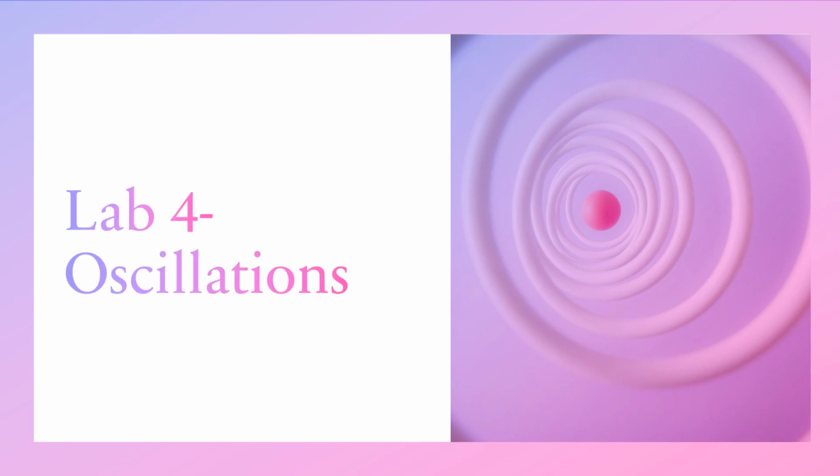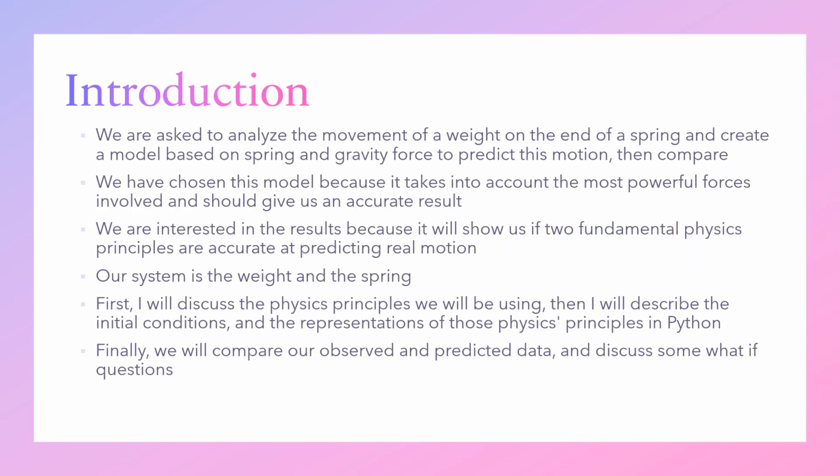This is my presentation for Lab 4 on oscillations. We are being asked to analyze the movement of a weight on the end of a spring and create a model based on spring gravity force to predict this motion and then compare. We have chosen this model because it takes into account the most powerful forces involved and should give us an accurate result. We are interested in the results because it will show us if two fundamental physics principles are accurate